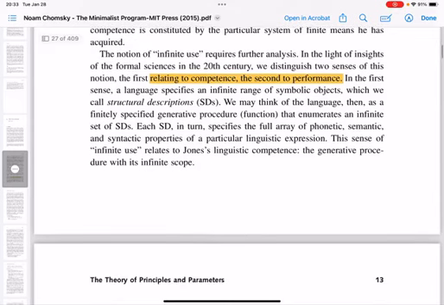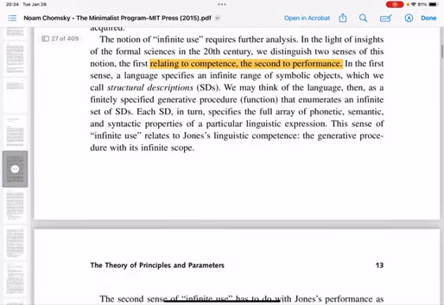In the first sense, a language specifies an infinite range of symbolic objects, which we call structural descriptions, SDs. We may think of the language then as a